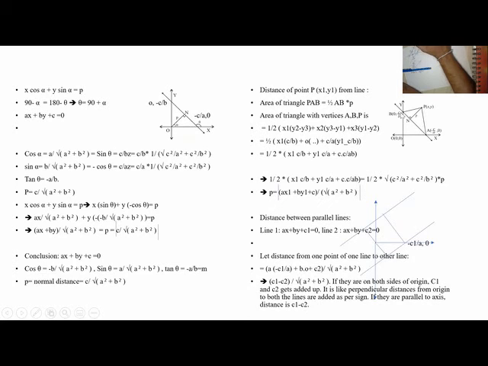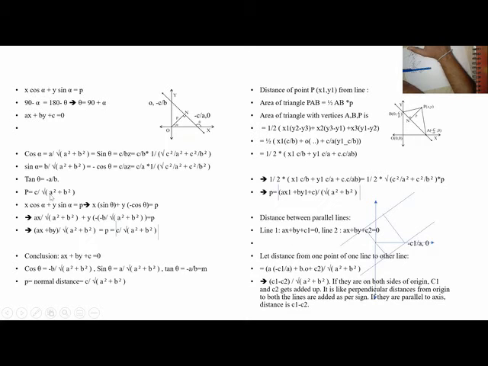when I substitute x into this equation, ax plus by plus c, so ax1 plus by1 plus c divided by square root of a square plus b square. You know square root of a square plus b square makes it a unit vector. Once it is a unit vector, I substitute this and I get the distance of P. If I put x1, y1 as 0 from the origin, what is the value? C by square root of a square plus b square.